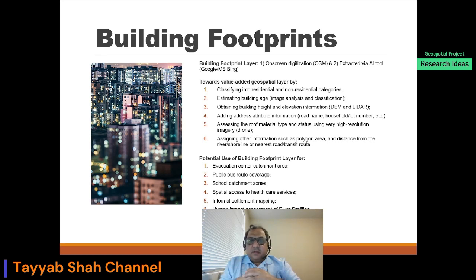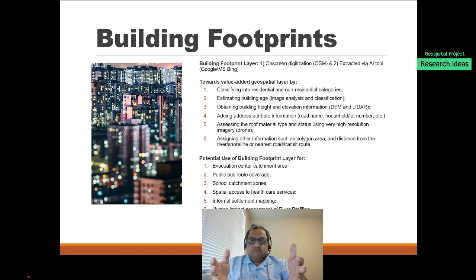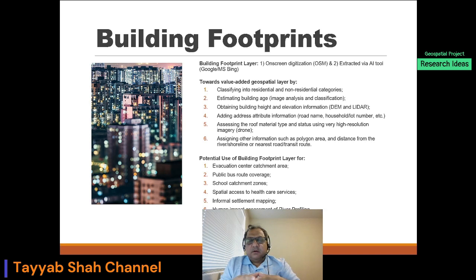Another interesting area is once you have the building footprint, it has no significant attributes like the building number or any other address information. So we can add some to some extent by using other layers like road information. So we can assign the road information to the building footprints. And if we have any other land use or cadastral information, that can also be overlaid and assigned to the